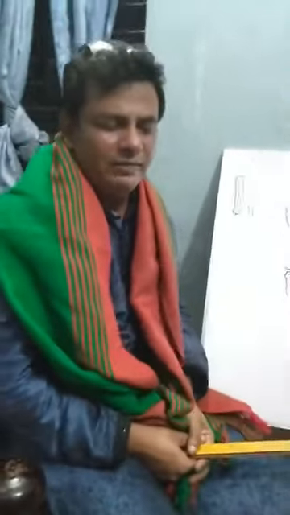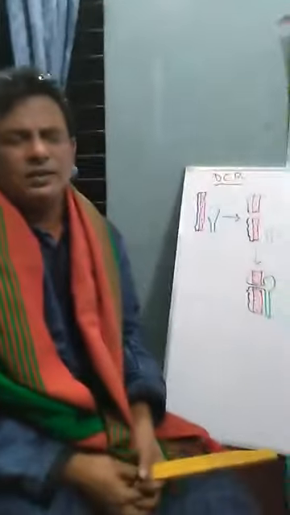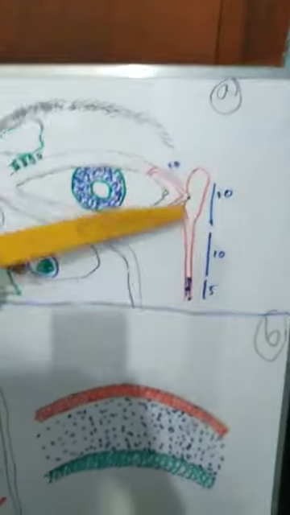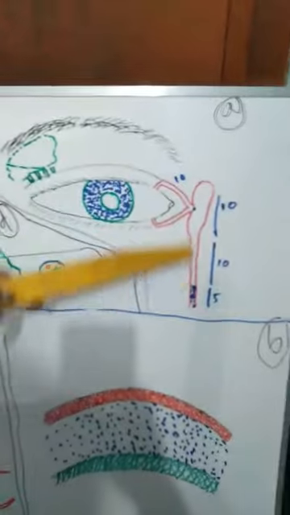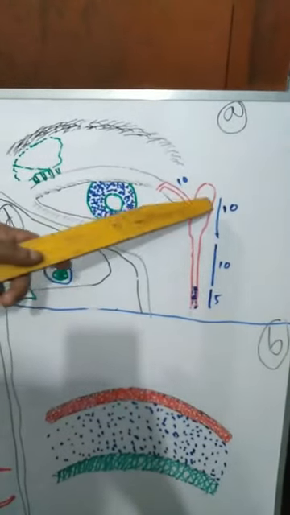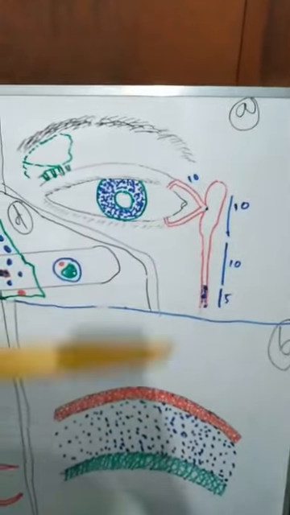Now, congenital nasolacrimal duct obstruction. It is very common in our country, not only in our country, but in the world. It is a great problem of the baby. What is it? After delivery, after birth, our lacrimal apparatus canalization is completed. Inner lumen's canalization is completed, but very